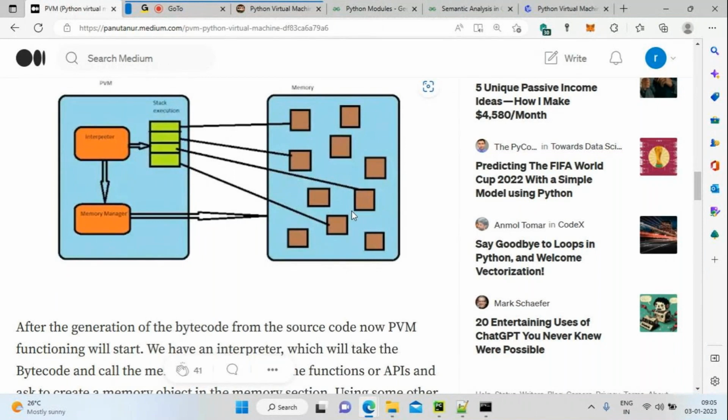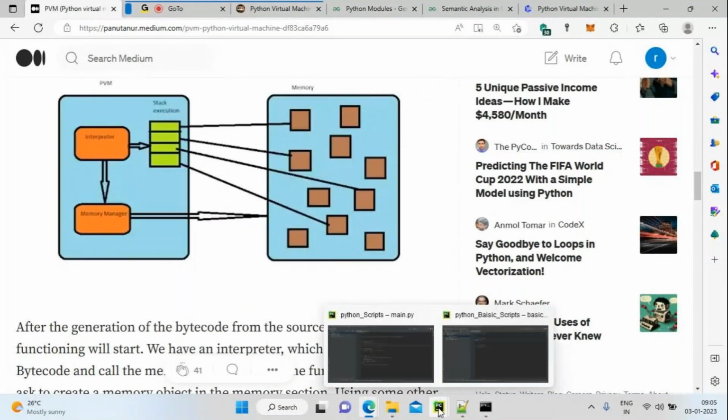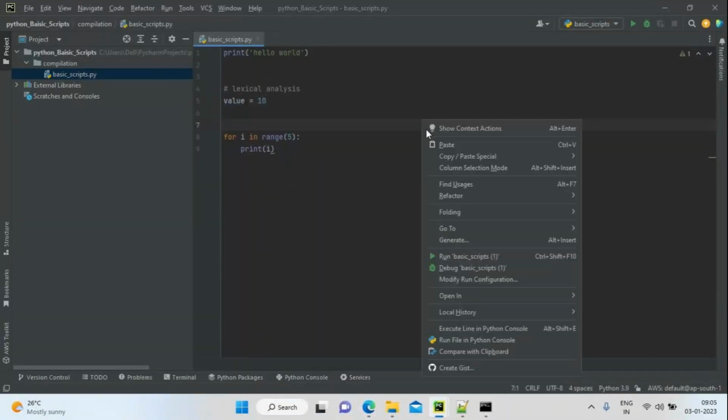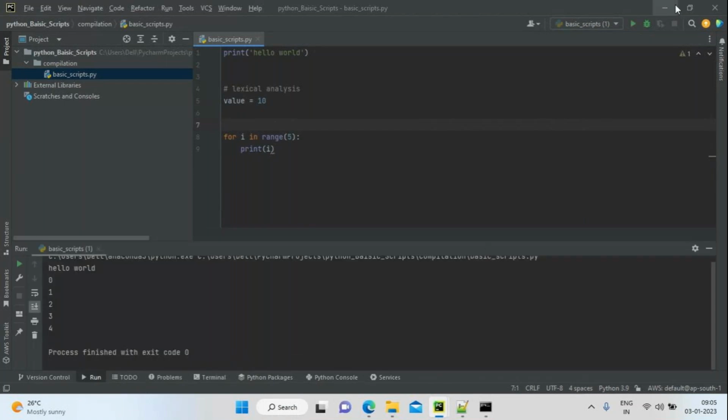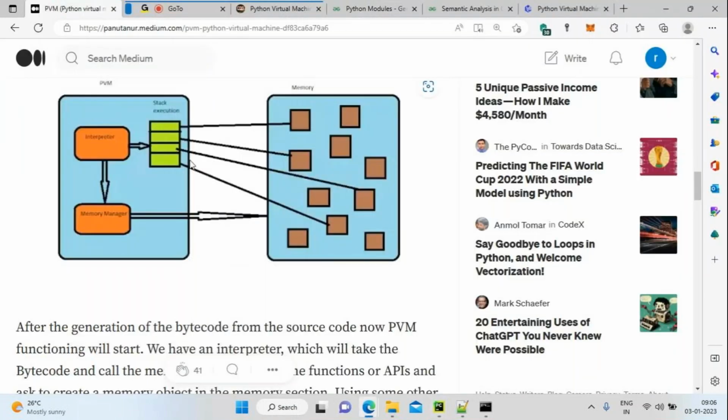Now you might be wondering when it creates a memory for the corresponding class. During runtime, when you run the program, only at runtime it will create a memory for the corresponding class.